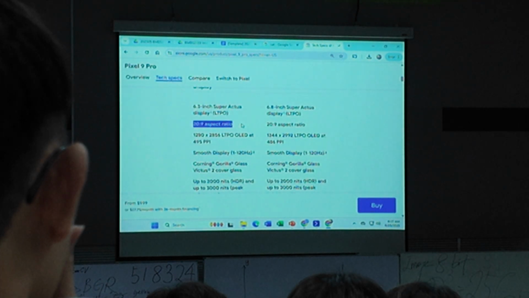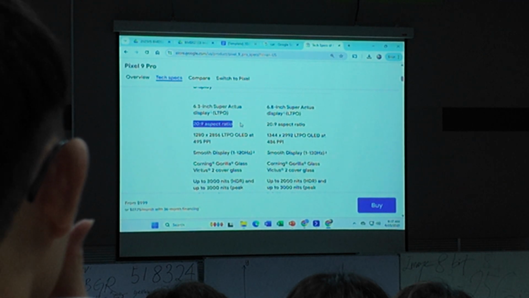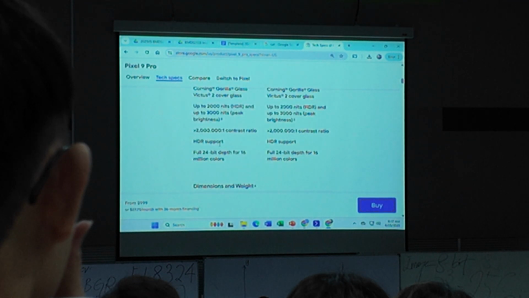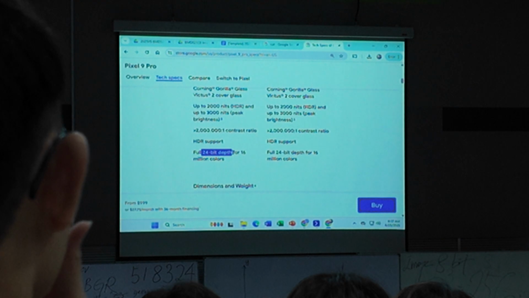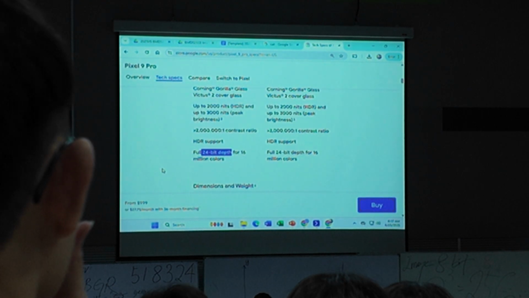This is the aspect ratio. Yes, they mentioned about 24 bit gamut. This can also indicate a wide range of colors. How about